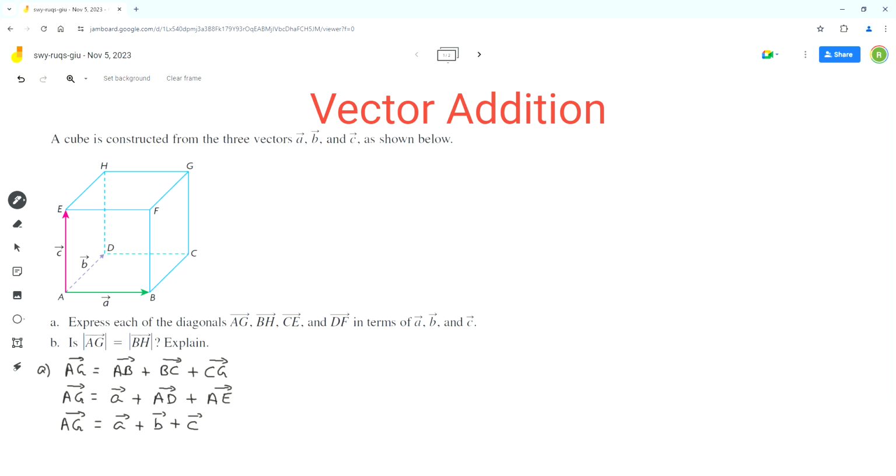So now we can analyze vector BH. Vector BH goes from point B to point H on the cube. An alternate way to go from B to H is to go from B to C and then from C to G and then from G to H. So we can break up vector BH as